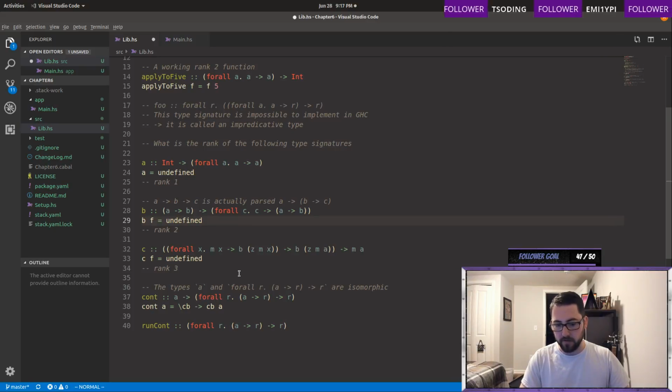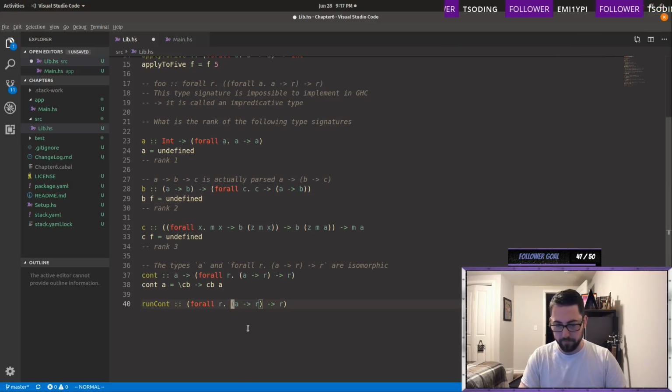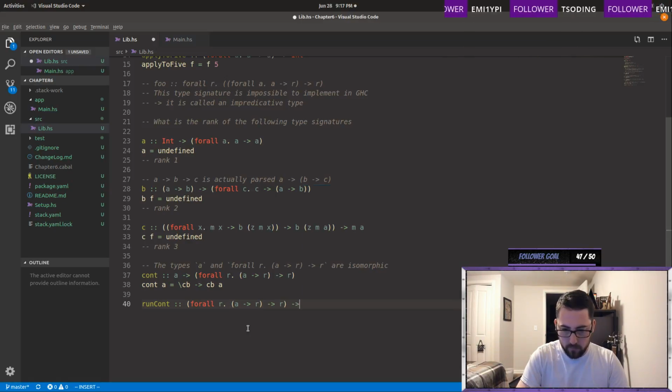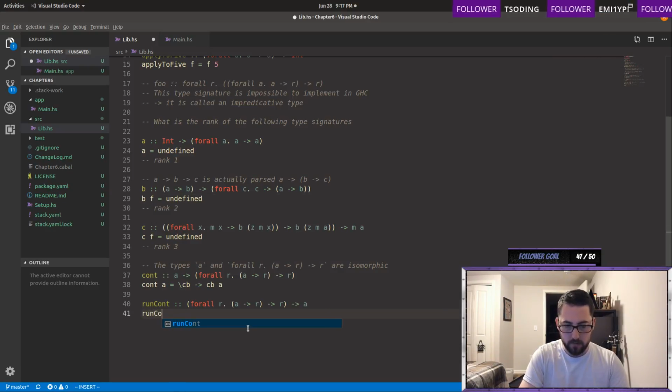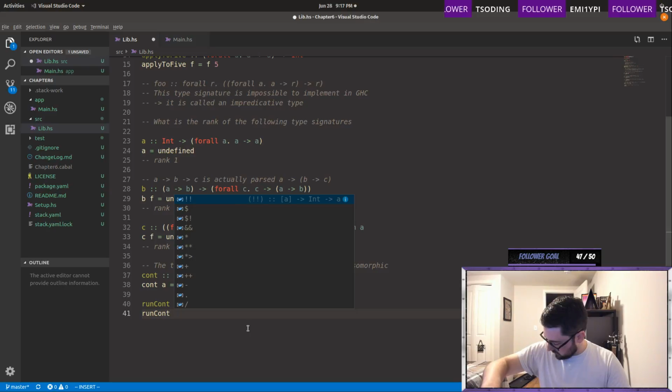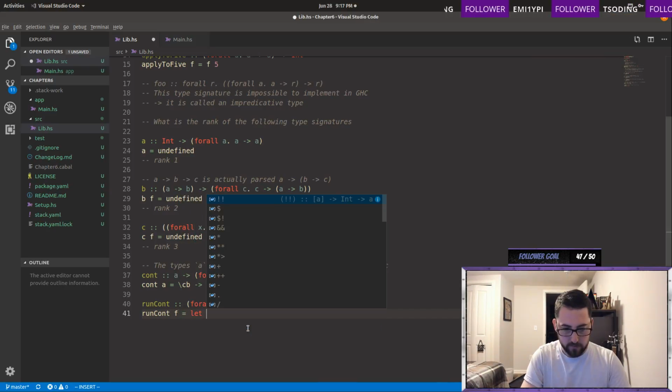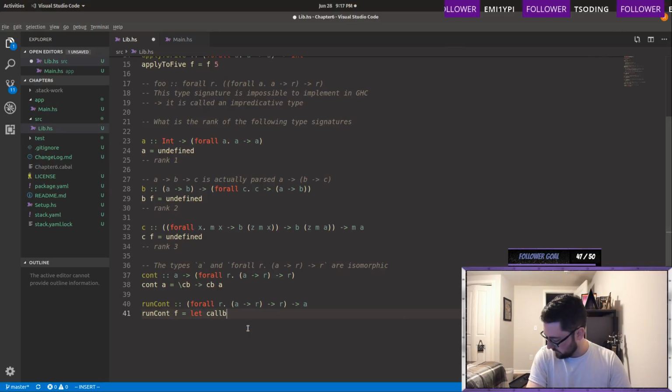I don't know what it is, but something about it seems special. Okay. This one goes to A. Otherwise, yeah. Run cont. f equals let callback